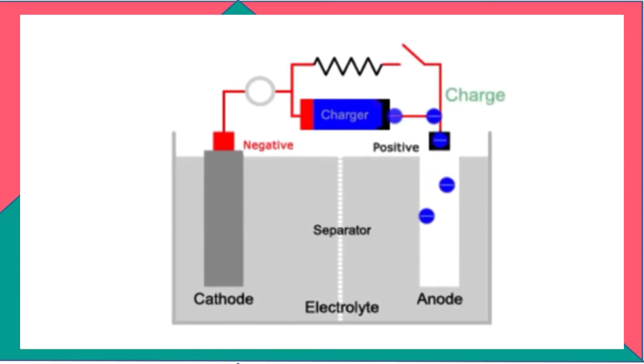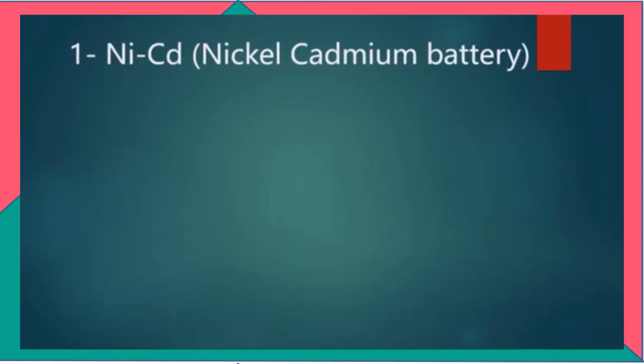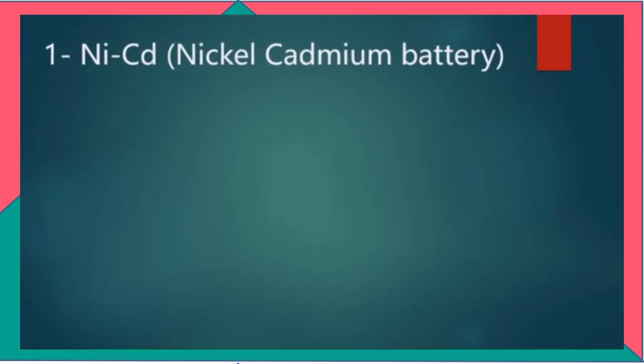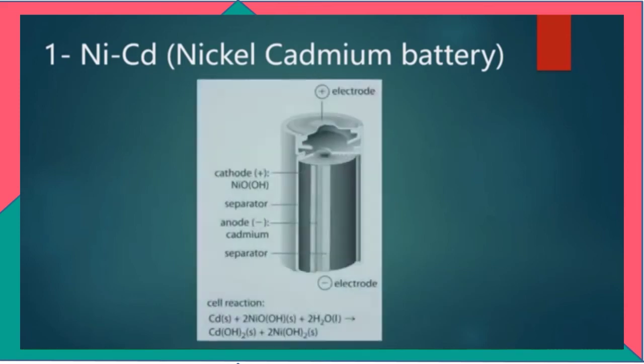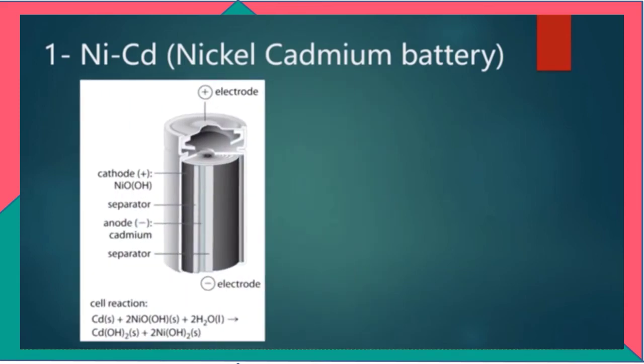So we have some examples of secondary cells. Our first example is about the nickel-cadmium battery. The active components of a rechargeable nickel-cadmium battery are nickel hydroxide at the cathode and cadmium at the anode. For the electrolyte, usually potassium hydroxide is used. Due to their low internal resistance and very good current conducting properties, nickel-cadmium cells can supply extremely high currents and